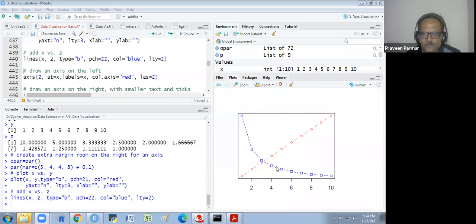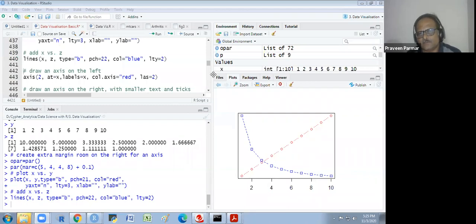Got it? 5, 2. 1.66. And 7, we are getting 1.42. 1.25. Okay. 1.11 height. Here the 1. Is there any doubt? Okay.